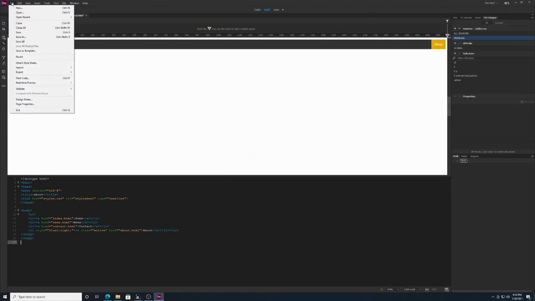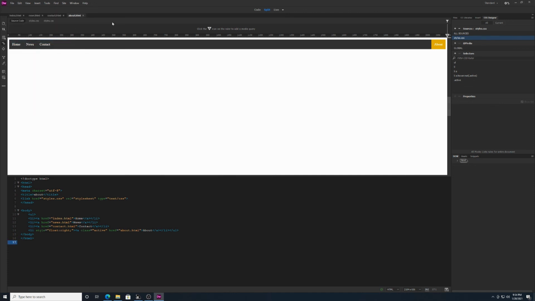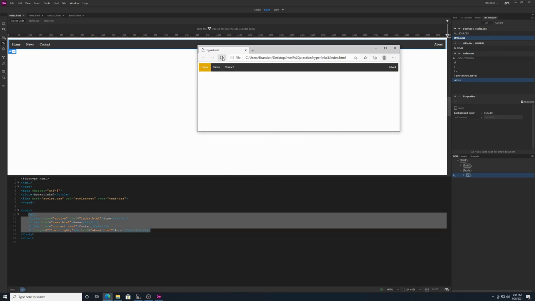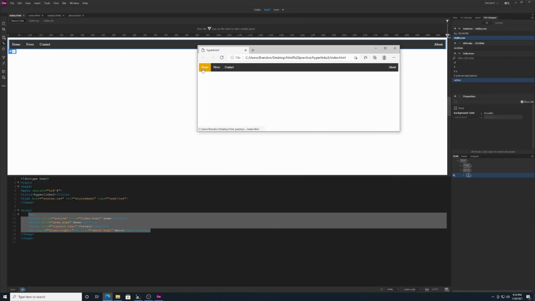Then I can go to File and Save All, because I want to make sure all of these CSS and HTML files are saved. And if I go back to my page and refresh this,